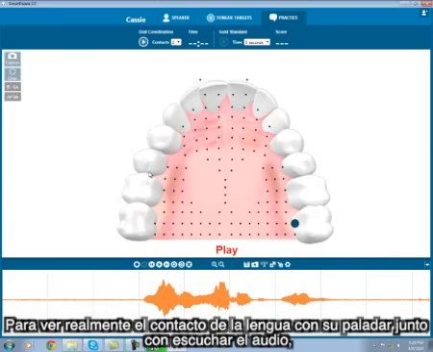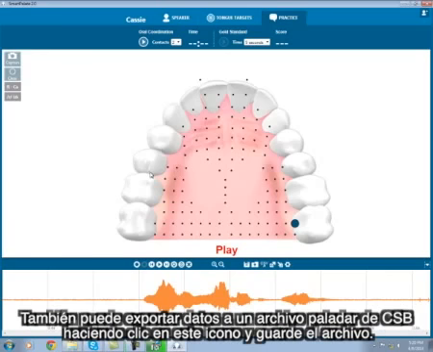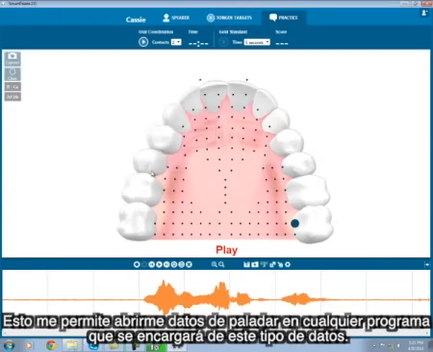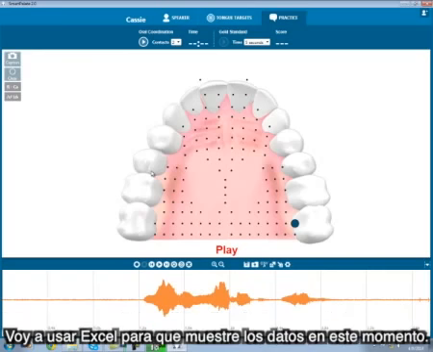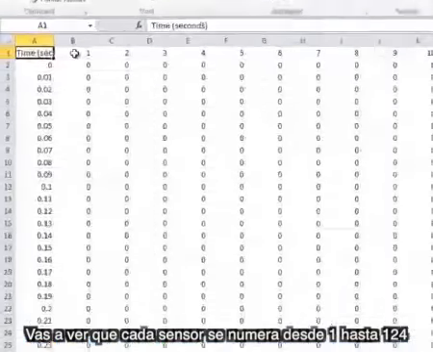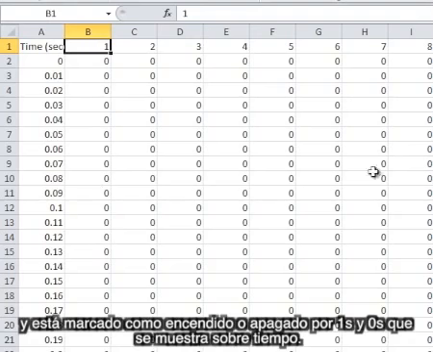To actually see the tongue-to-palate contact along with hearing the audio, you will need to load the recording file back into the SmartPalate software. I can also export palette data to a CSV file by clicking this icon and saving the file. This allows me to open up palette data in any program that will handle this sort of data. I'll use Excel to show you the data right now. You'll see each sensor is numbered from 1 to 124 and is marked as either on or off by 1s